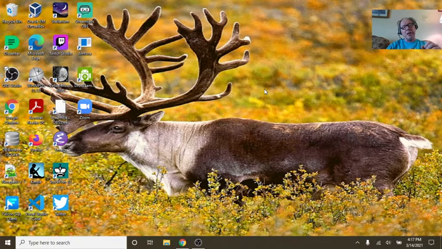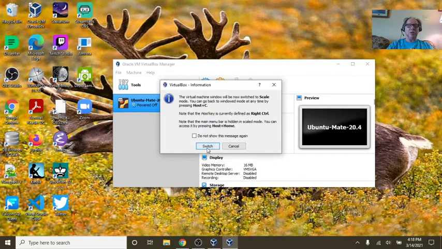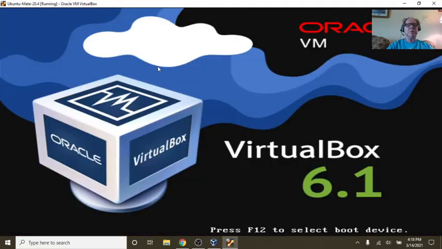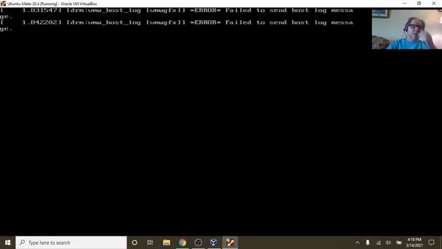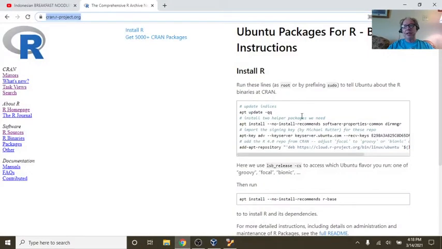But anyway, I'm going to do something a little different today. I'm going to try to upgrade the R language version on my Ubuntu system. As you can see, I'm running Ubuntu on Oracle VM, and I installed the Mate desktop. I've already run the update for the system earlier. So all we have to do is find this page here,